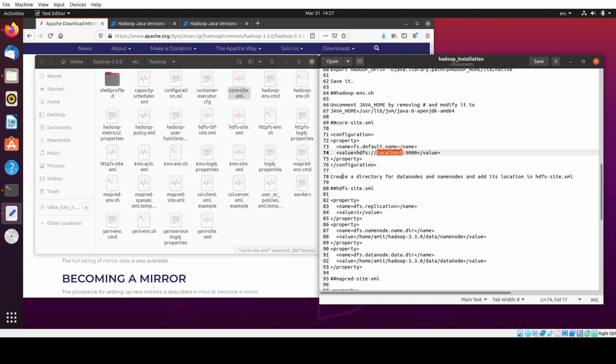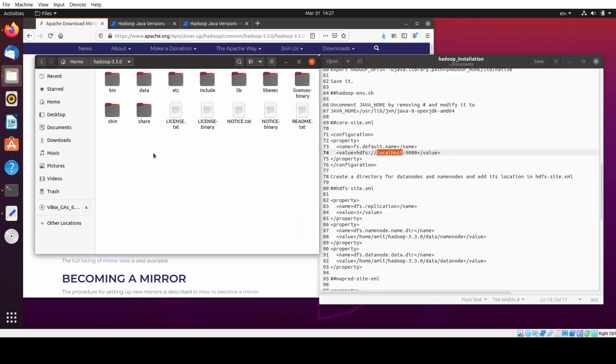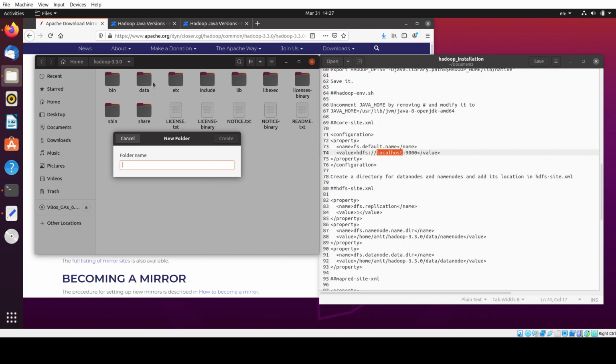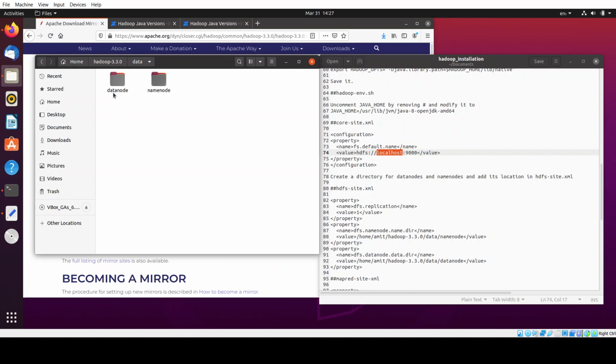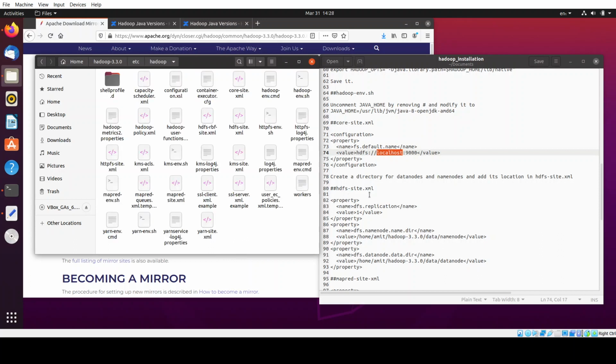Next, we need to create the directories for the data node and name node and add their location in hdfs-site.xml. So first we'll create the directory. Go to Hadoop, and over here I have created this data folder. This folder wasn't present. You need to create a new folder with the name data. Inside that, create two new folders named datanode and namenode. These two are empty folders, as you can see. Create these two empty folders and then go to etc/hadoop